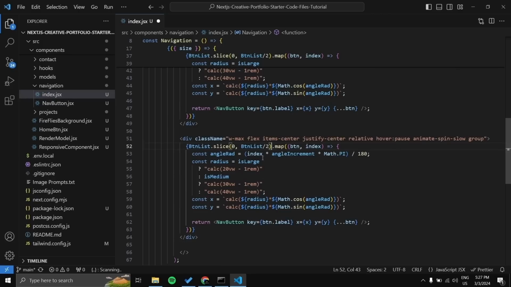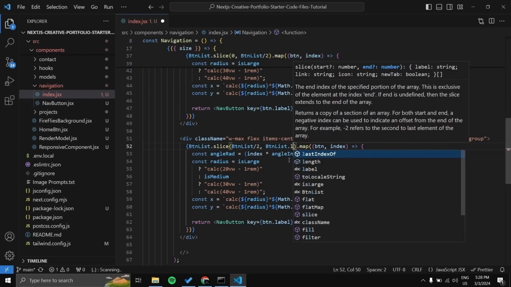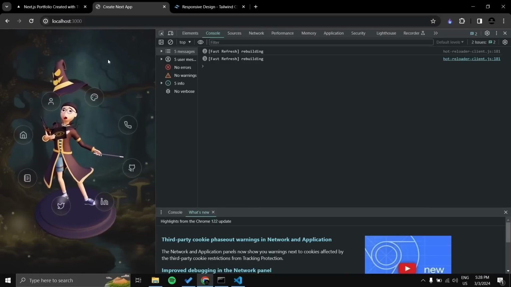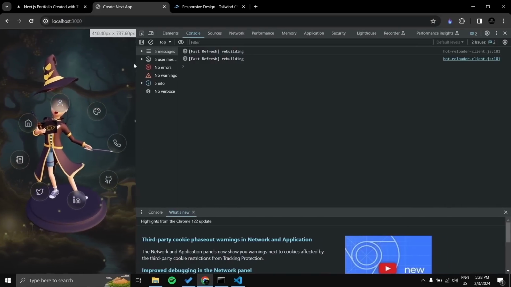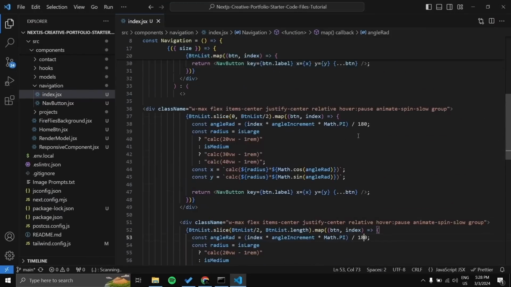So it will slice the button length /2 to btn list dot length. Let's save this and see. It will still rotate because all this are enabled. So let me remove this,